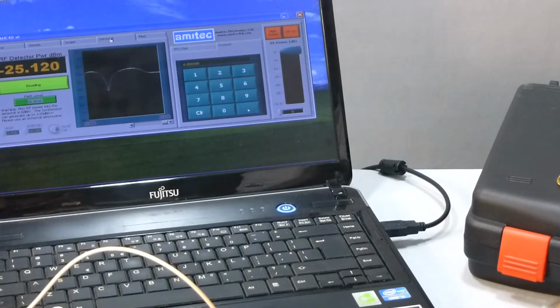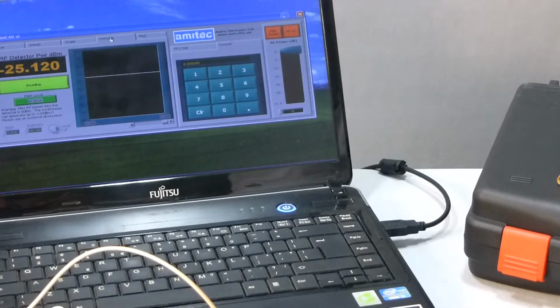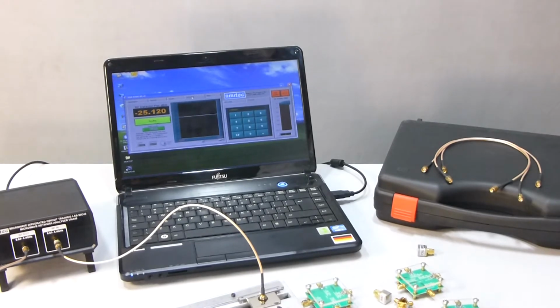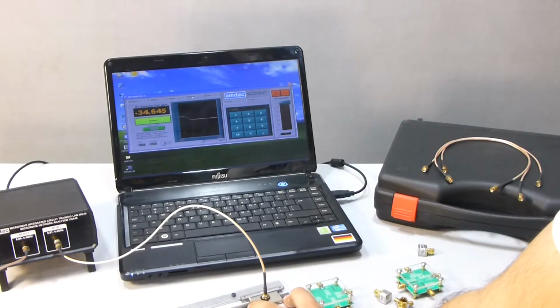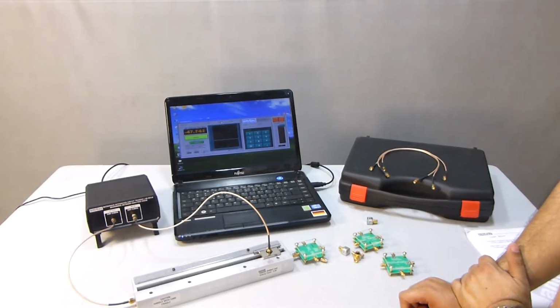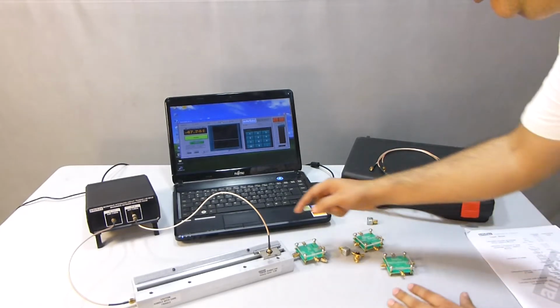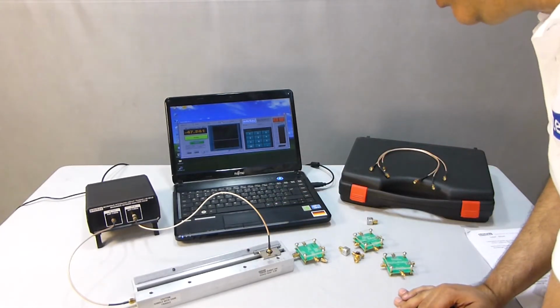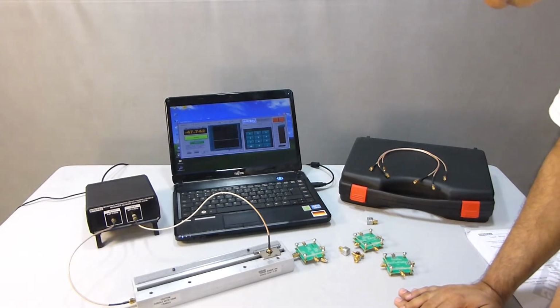We will use this same phenomenon of standing waves to measure the characteristic impedance of various loads provided, at a frequency of 3 GHz. We shall start by connecting a short at the load end, and we move the probe to arrive at the minima. As you can see, minus 47.9 dBm is the minimum level that can be reached with the system, and we need to measure on the vernier scale the corresponding position of the probe.